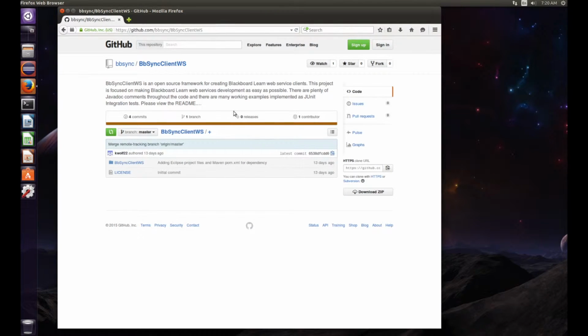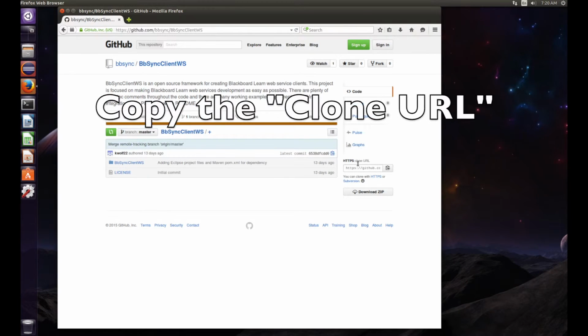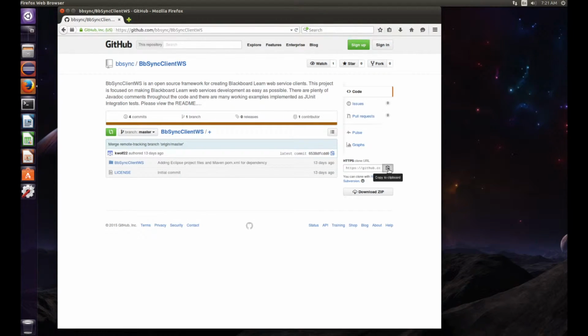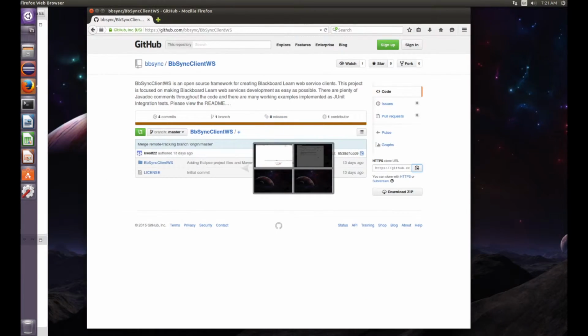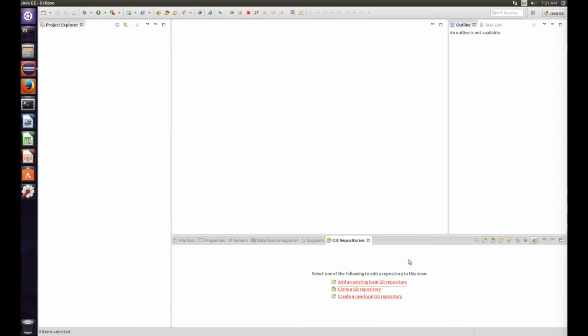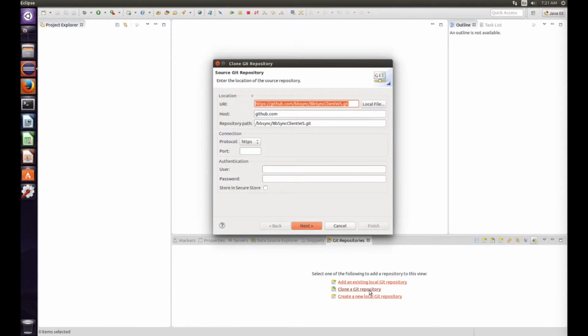And once we're on the project page, you'll see this little link over here you can click on. This is the clone URL. So we click on that, and you can see it copies it to the clipboard. And now when we go back to Eclipse and select our Clone a Git repository link, it automatically fills in all the information to clone the source Git repository, which is really useful. So at this point, we'll just click Next,